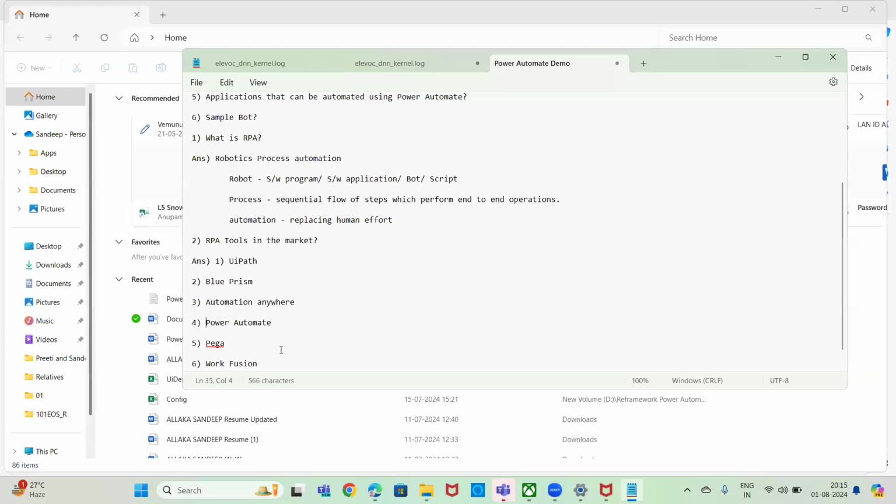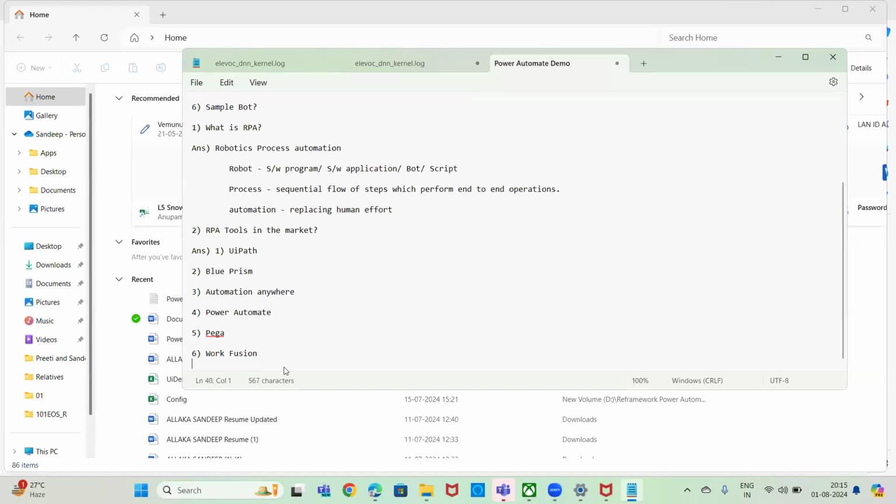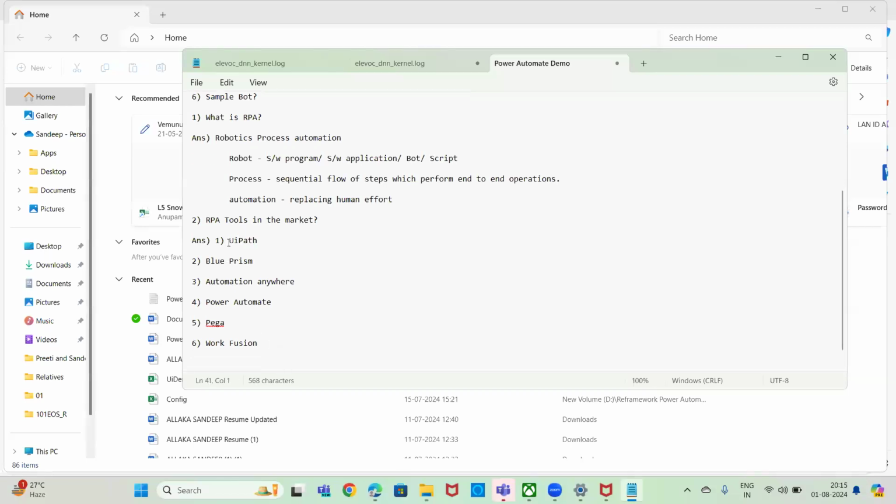Okay. So currently there are a lot of job opportunities, mainly in UiPath and Power Automate. Okay. Next, we will see how to install Power Automate. Okay. So in Power Automate components, we have Power Automate Cloud as well as Power Automate